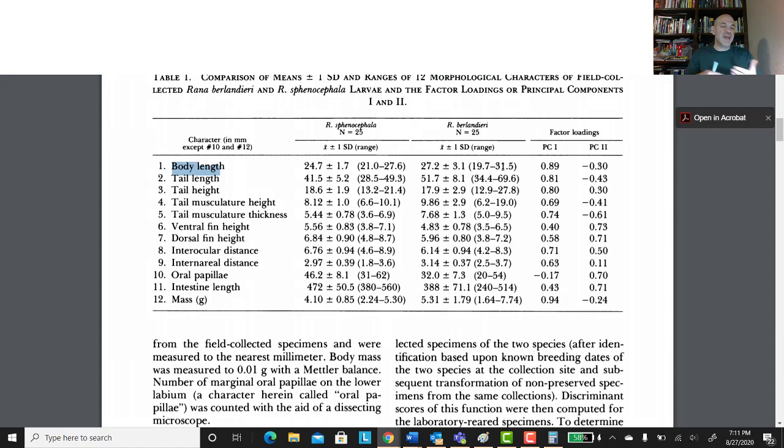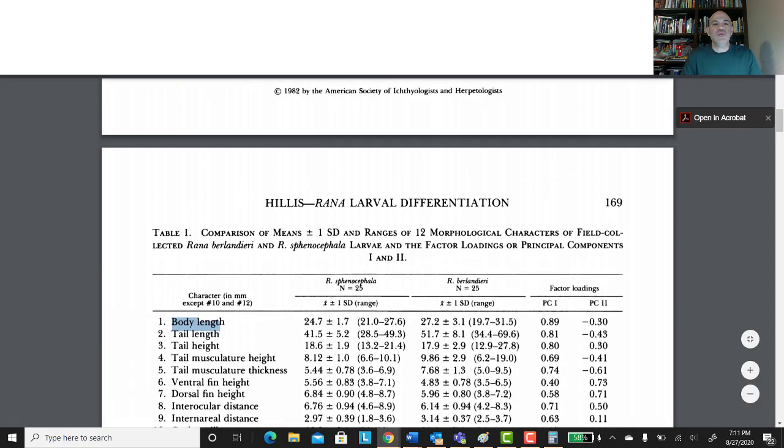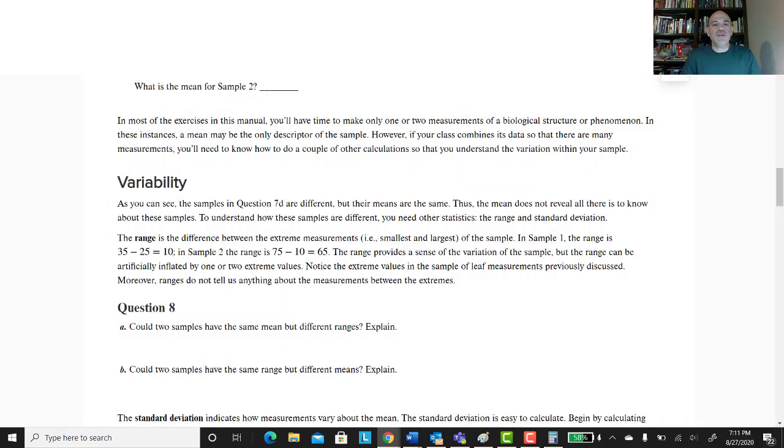So you want to go and look at how the lab manual says it. They define the range as the difference between the high and the low value. But I think if you report the low and the high value, it actually gives a little bit more information that may be important. They also have some other stuff there involving some multivariate advanced statistical techniques, which we don't need to worry about here. So just to point out that in your lab manual,